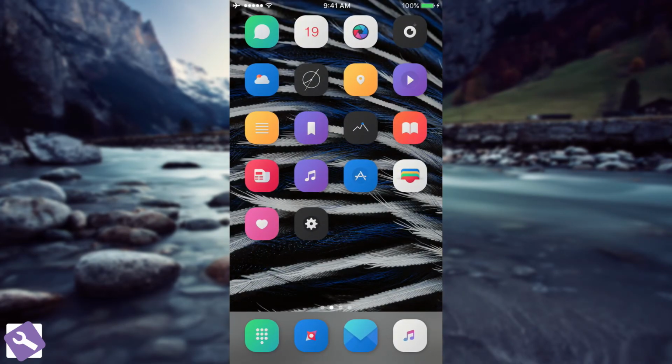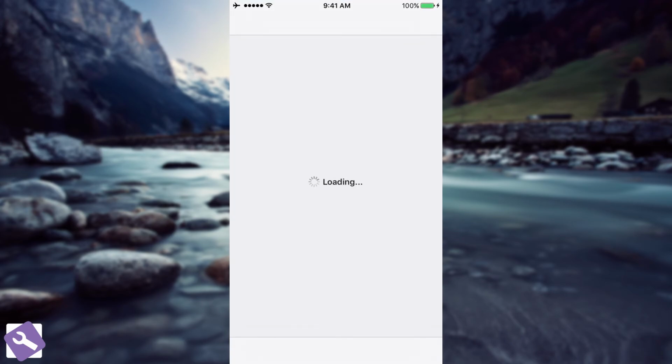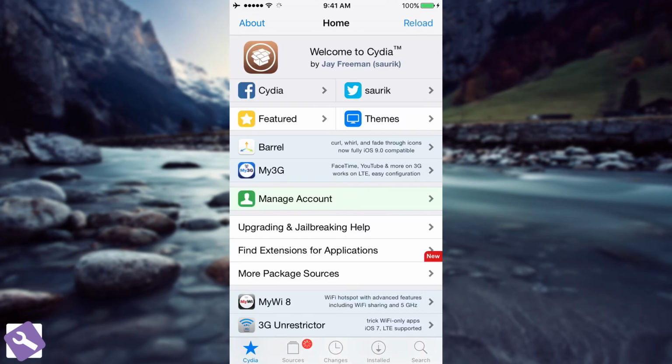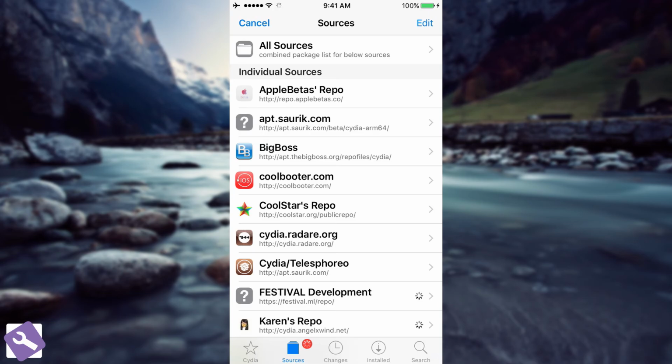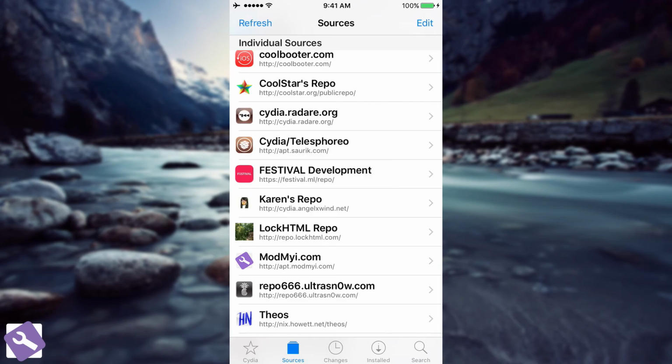So how do you install them? Well, I'm glad you might have asked. I do not know if you did, I'm not in your home. But anyways, you need to go ahead in Cydia in here, and I'm going to show you what repos you should be adding. Well, at first you need to add the following repo. Let me try to show you. Let it reload. You need to add the LockHTML repo, which is this one in here,